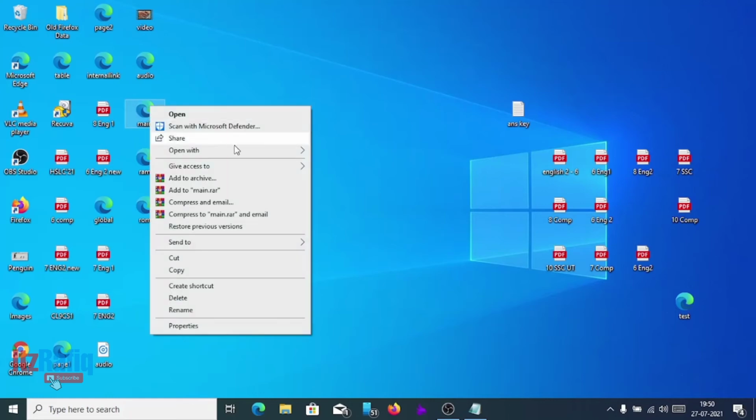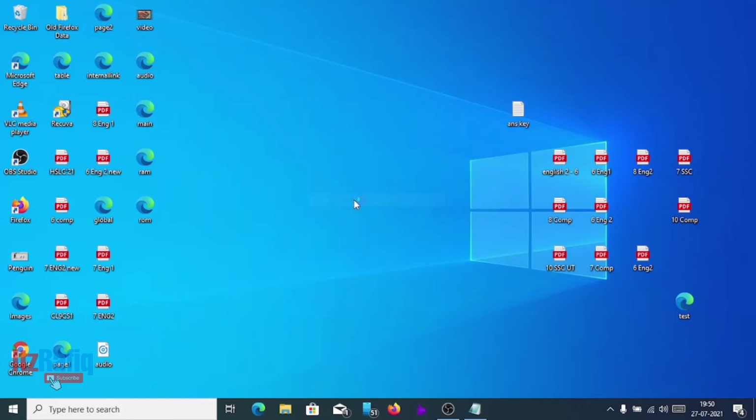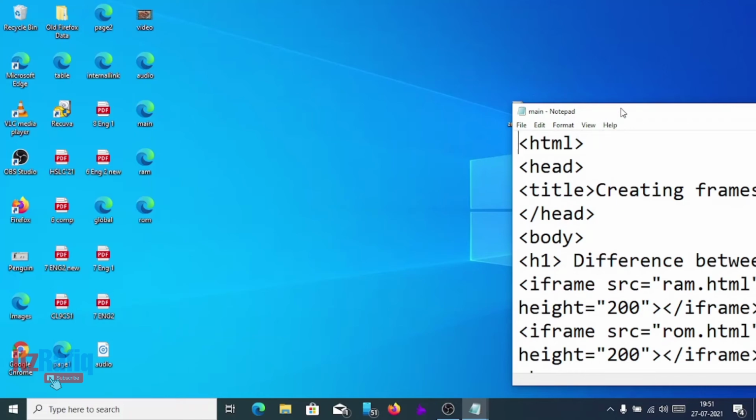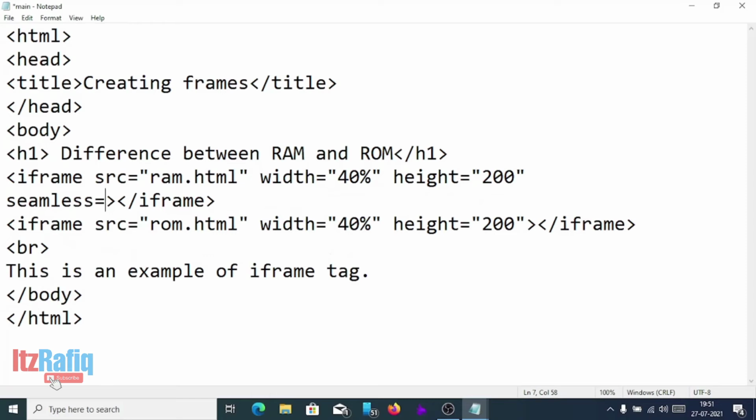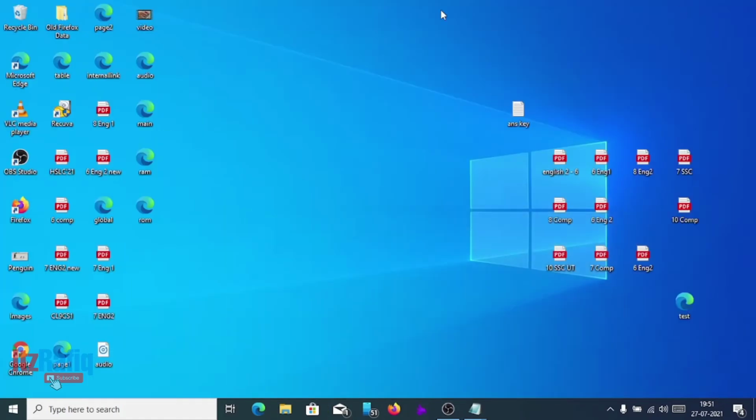So we'll edit the main page, edit with Notepad, and here we'll write one attribute as seamless, seamless equal empty. Save the page. Now we'll open the main page.